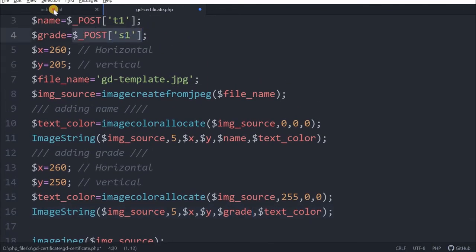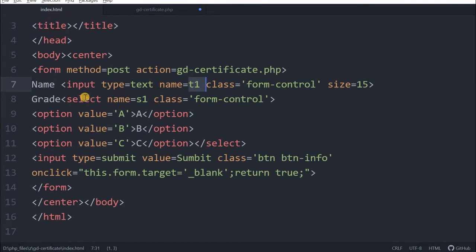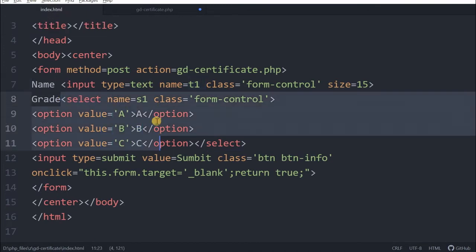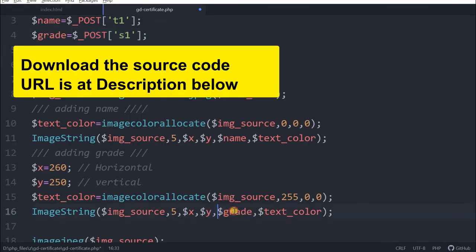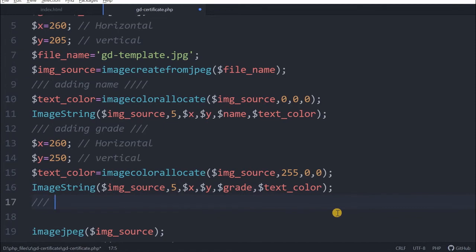This is the value from the form that I am getting as a select. Here I am getting the select value S1, receiving it and putting it in the variable grade, which I am using here. So at this particular point, it will print the grade. Now that's all. The grade ends here. I will comment it.